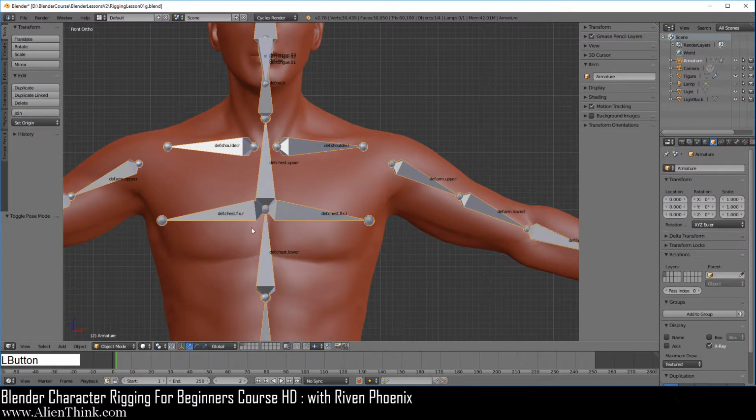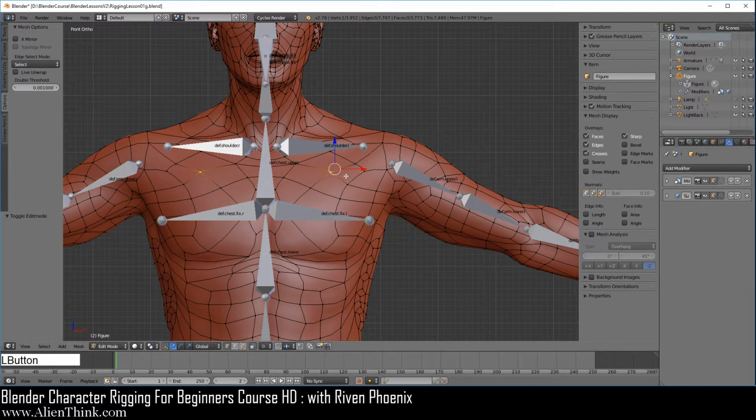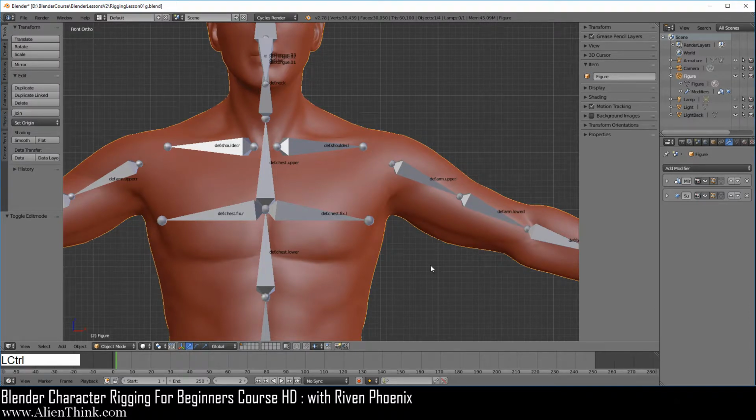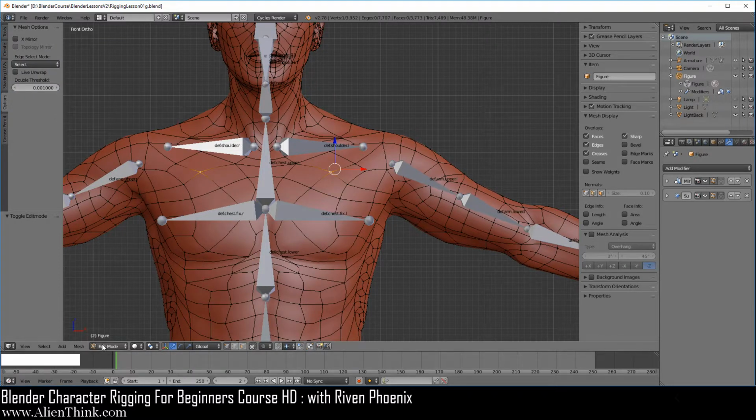If you click on the armature over here, you'll notice that it jumps to object mode. Go ahead and click on the figure. Open this up. Now, if you click on the data block for the figure, it'll automatically jump into edit mode. Okay? So of course, if you do Control Tab now, it'll do the same thing. It won't let you do it, right? It's going to show up this menu. So you have to do Tab to go into object mode, do Control Tab to go into weight paint. Now, if you go ahead and click on this figure, it'll just jump to edit mode. So this is a quick way to jumping to edit mode on the figure, a mesh object.